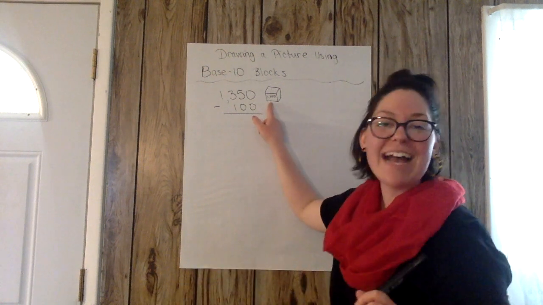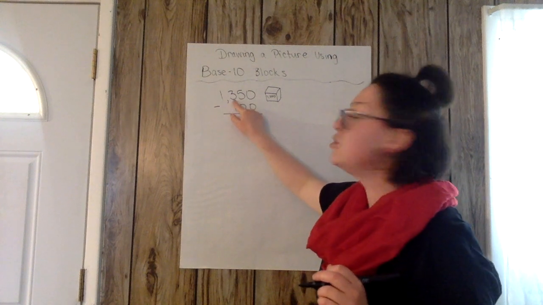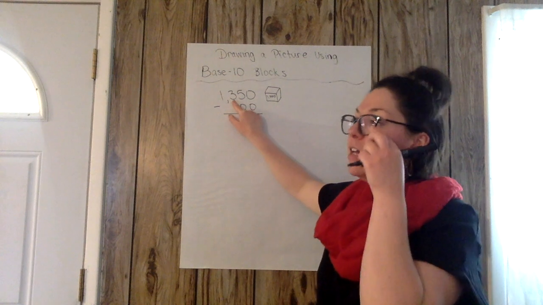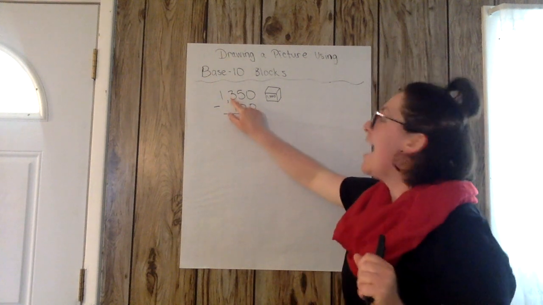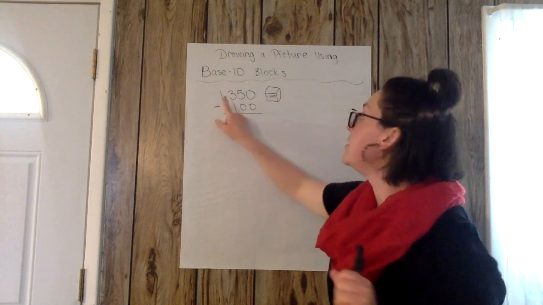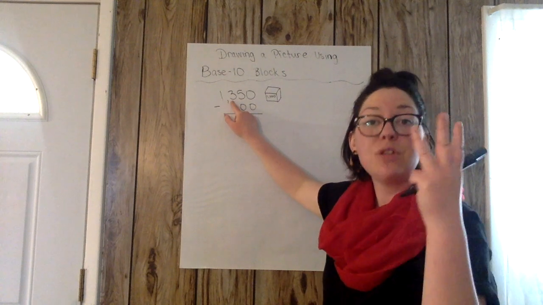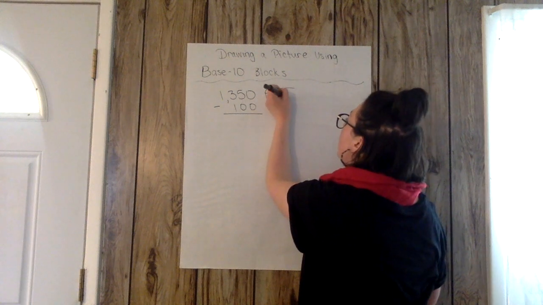All right. So then once I have drawn a picture of what the thousands place looks like, I'm going to show the hundreds place. Now a 3 is in the hundreds place, and here's the question that I ask if I'm using a draw a picture strategy. I say, how many hundreds do I need to draw in order to represent this number right here? So there's a 3 in the hundreds place. That's telling me I need 3 squares that represent 100. So 1,